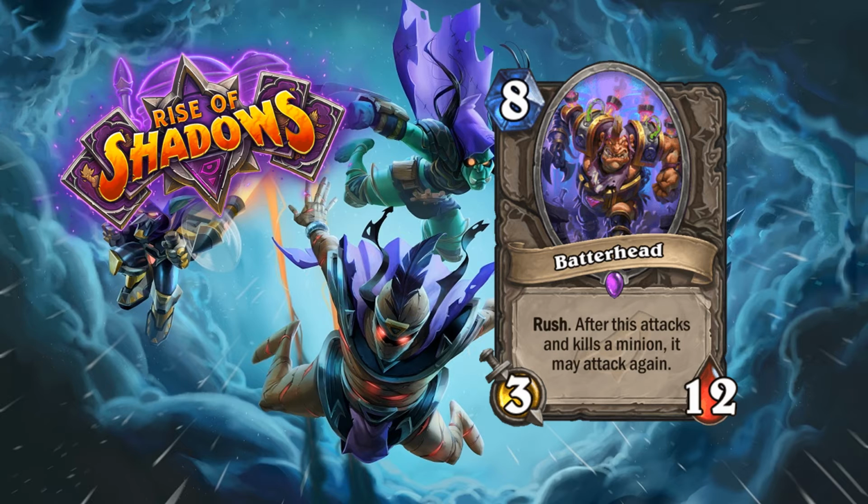It's the name Batterhead. I really like it. I mean, it can be good in zoo type decks if you're facing a control deck. I mean, regardless if you're zoo, you're not gonna survive till turn 8, and if you do, this card will help out in that situation. So, moving on, we have